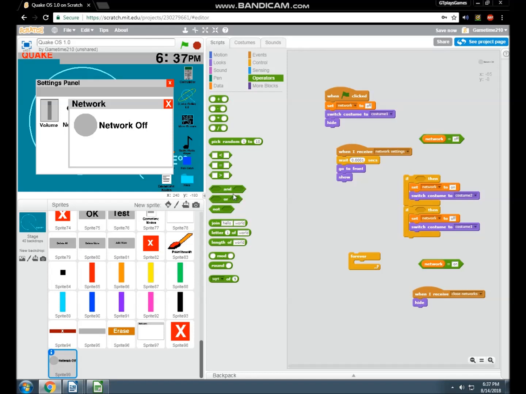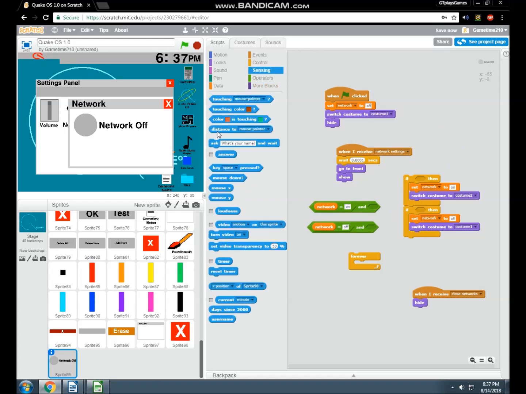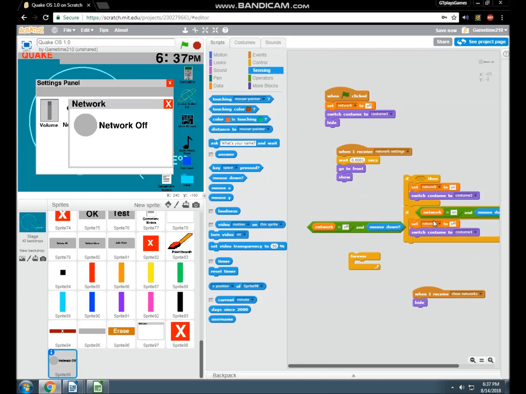Yeah, ands. I had to think about it for a minute. If network is on and network is off, and mouse down, which means basically click. And then we can put these in accordingly.